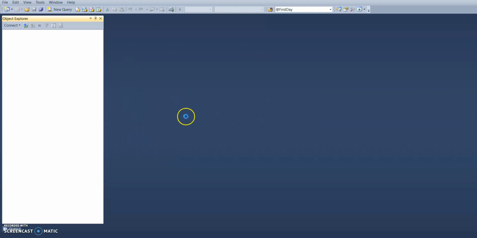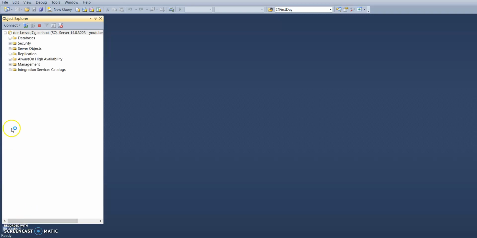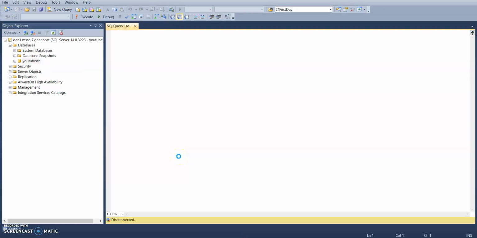So you can see it's already connected. Let it load the server list or server node. So we have U2DB. You can create tables. You can do some operations up to 10 MB. Guys, this free version is only for testing purposes. If you want to test your application as in a live environment, you can go for this.